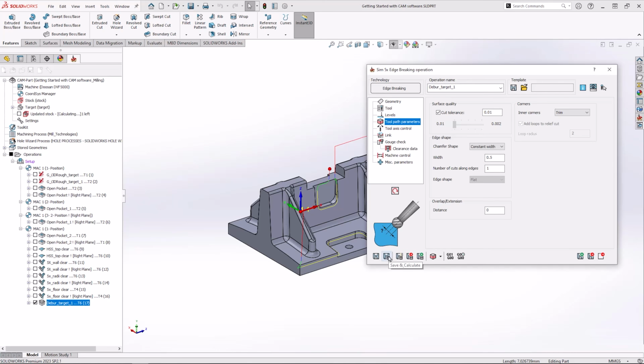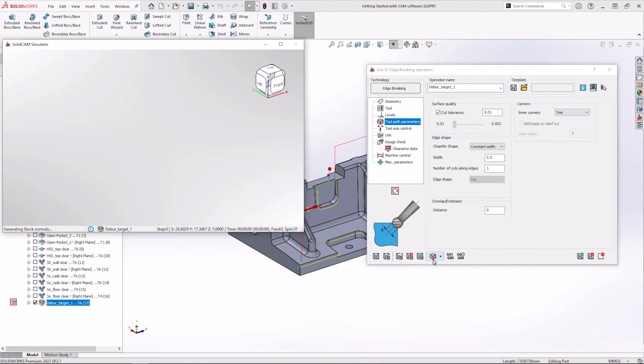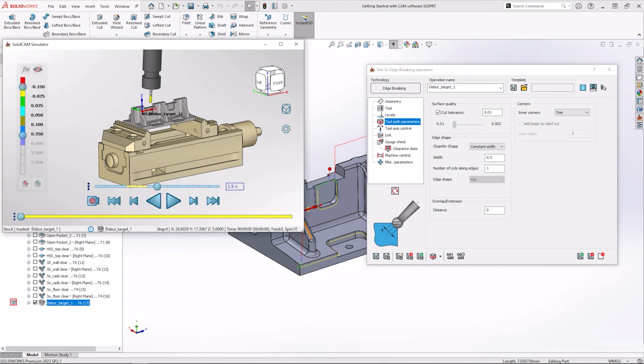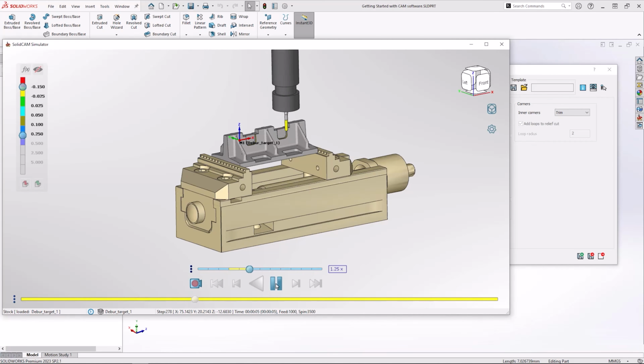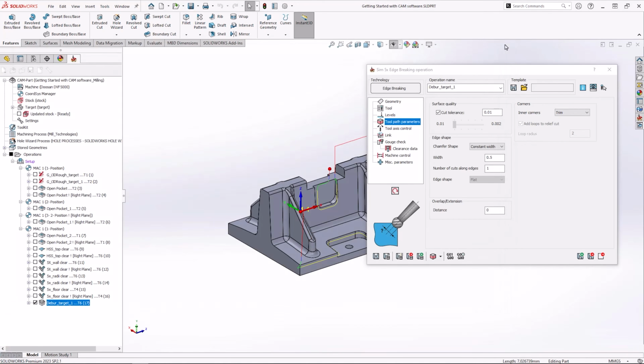Again, let's have a look at that under simulation and see what's changed and how it works now. As the simulator is loaded up and we expand it again, what we should expect is all the edges we've selected to be broken, and this to be done with minimal fuss and using all the rotary axes available. And as we look through the simulation, that's exactly what we've got, with no errors being reported.